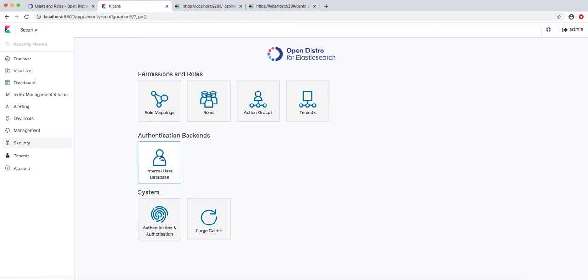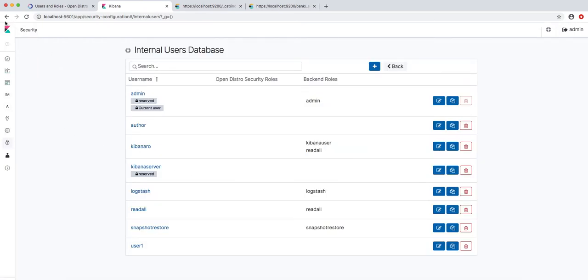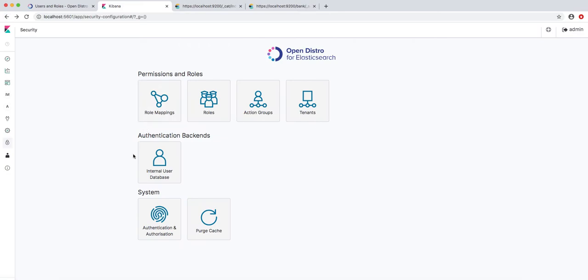Let's try to create an internal user. The one I was talking about: these are the users, these are the roles, and these are role mappings. Role mapping is nothing but connecting this and this. So you'll create a user first, then you'll create a role, and then you'll go to role mapping and connect the two. So let's do this.